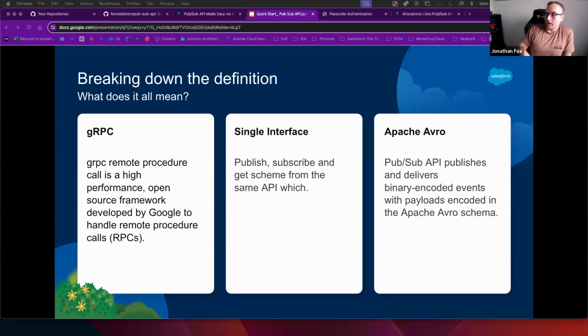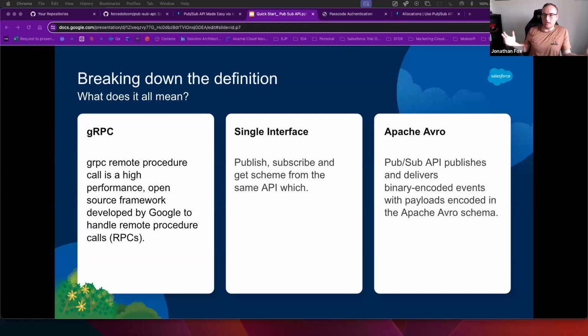Comparing it to the streaming API, it's a single interface. And I've got a slide in a minute where we look at the streaming API versus the PubSub API side by side. It's a single interface to do the publish, the subscribe, and getting the schema of your events. It's all on that same API.